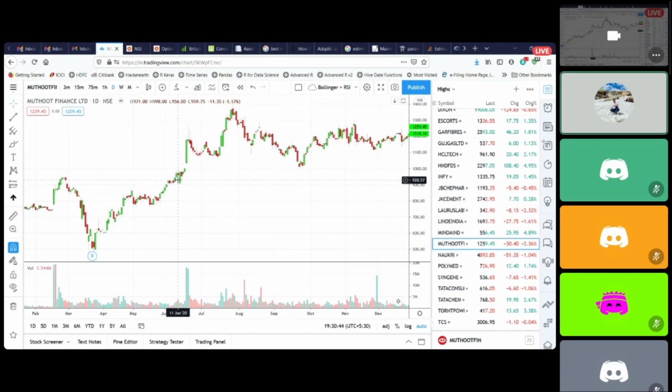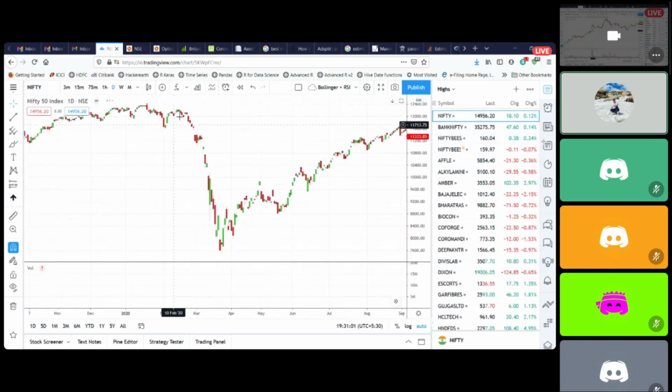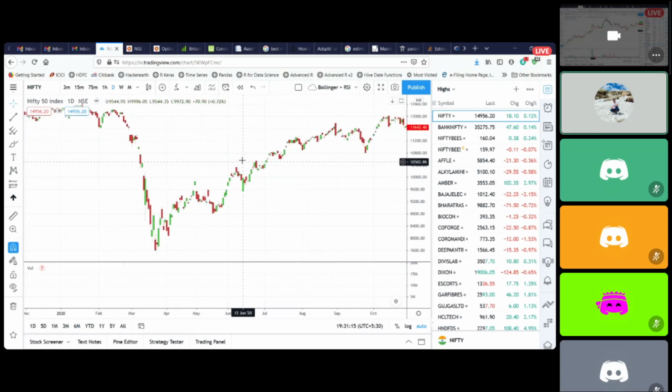The very simple criteria that I use for that is just to find stocks which are hitting their all-time highs significantly before Nifty is doing the same. That's the only criteria. So let's say I look at Nifty charts and Nifty has had a significant correction, then when Nifty is in this trading zone, 8,000 to 10,000, this whole zone, start looking out for stocks hitting new all-time highs. New all-time high is the major emphasis here when Nifty is here.